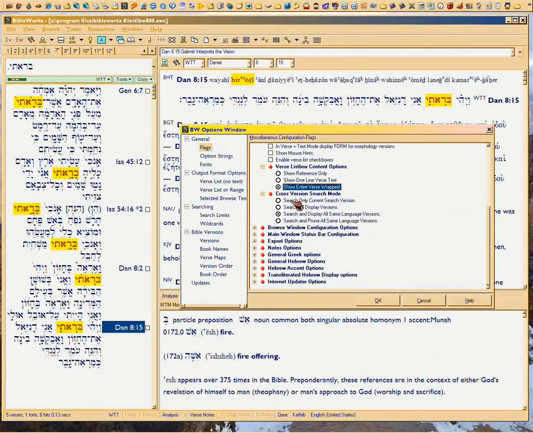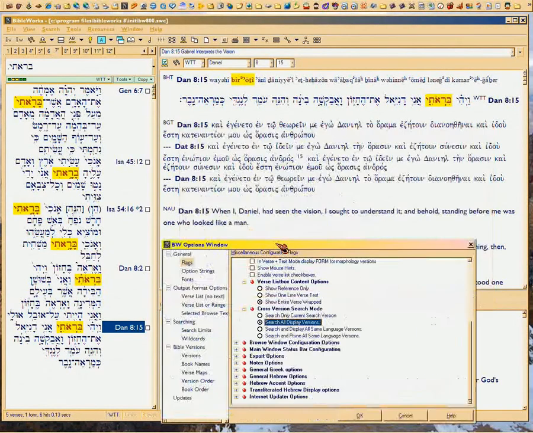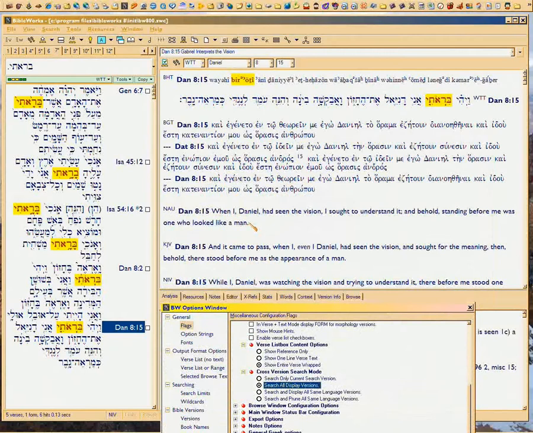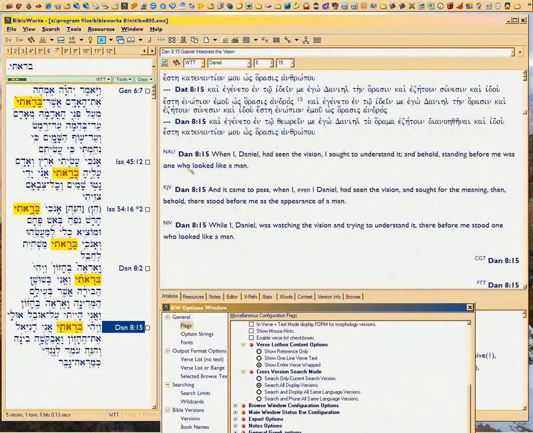You can have it only search in the current version, which of course is kind of redundant, because the only Hebrew version really is the Leningrad that's showing on screen now. But you've got the Targumim, which is really in Aramaic, but they use Hebrew letters. Some versions of Targumim. Okay, then you can just have it search all the display versions. That means, for example, if you want to search on English, if I searched all the display versions, it would be searching on